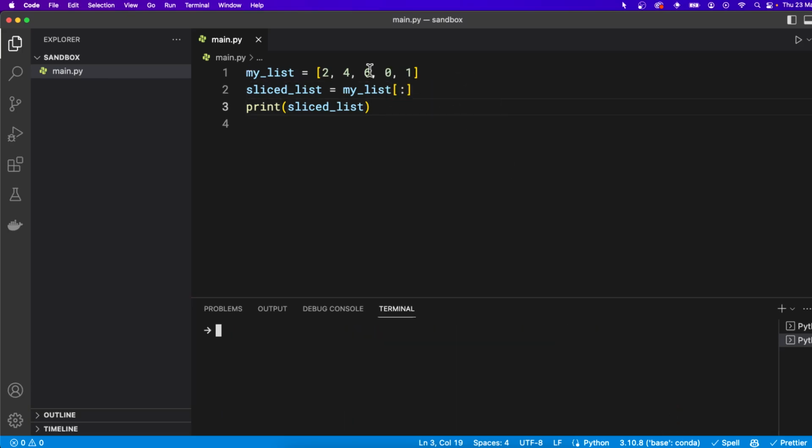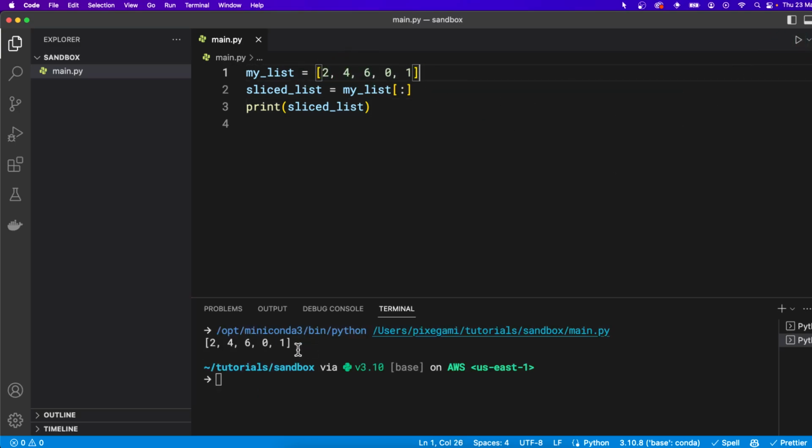Now, finally, if I don't put any of those things, so if I just put a colon, it will basically slice the list from end to end. And you might be wondering, why would you ever want to do that? So this basically is just the same list. Well, it's actually pretty useful because when it does the slicing operation, it gives you a new list, which means that you essentially clone the list.